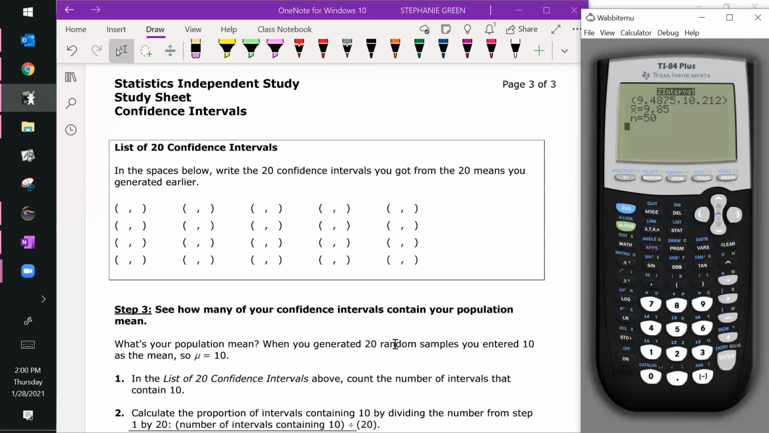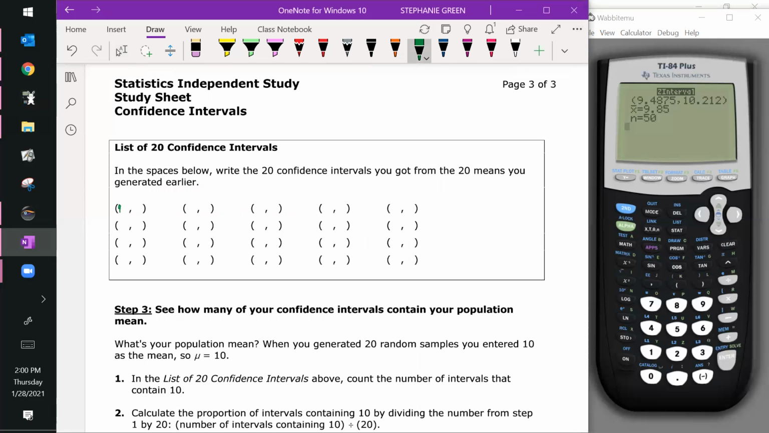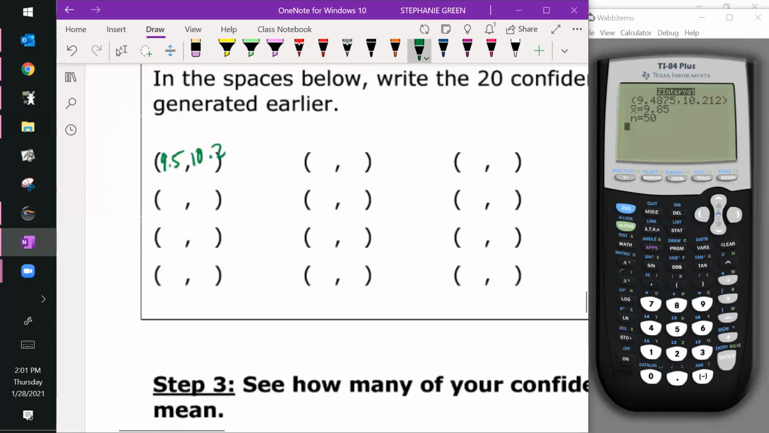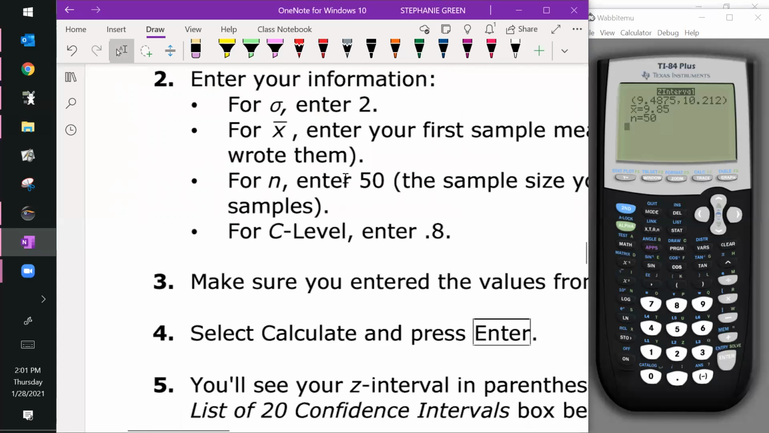So this first interval for the first sample mean gives us an interval between 9.5 and 10.2. It's kind of hard to write that in there. I don't want to just write the whole numbers. Maybe I gotta zoom in here maybe. All right, so we're gonna do that again for the next number, which I'll have to scroll up and find my next sample mean, which is